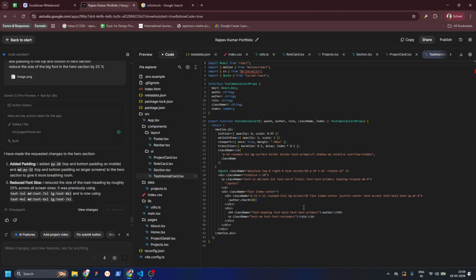Sections, testimonial. Even in the testimonial you will not see the content written here. That means there is usually one file which is serving all the content, data, and I see data and a TypeScript file, ts. Here you should be